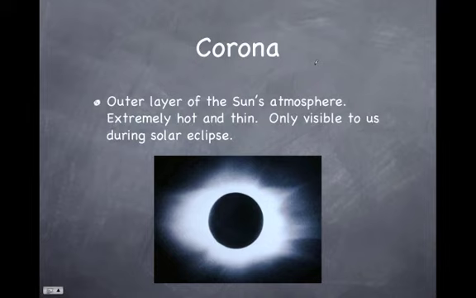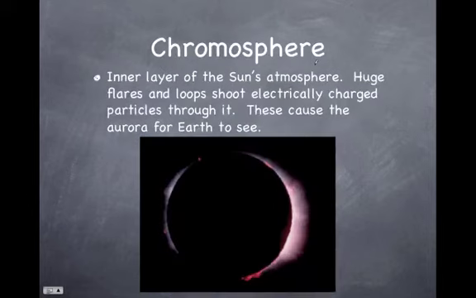During a solar eclipse, you'll see a very, very bright halo around the sun, and this is the corona. Now, corona means crown, so this is like the crown of the sun. Think about this almost like the atmosphere. Now, the chromosphere is the bottom layer of the sun's atmosphere, so it's just outside the surface. It has huge flares and loops that shoot electrically charged particles, and these can travel to Earth, and we can see auroras. Some of these loops are so large that the Earth could actually pass through them. I mean, we're talking about the sun, it's a big place. Well, the big activity happens on it too.